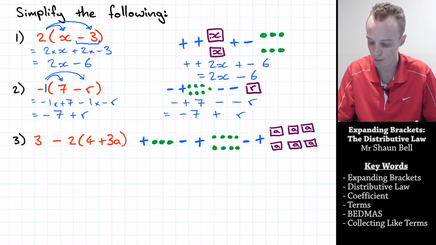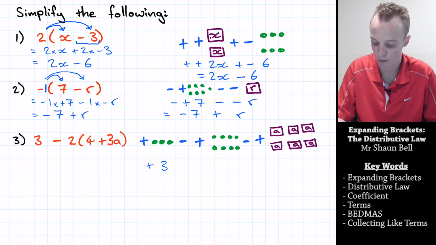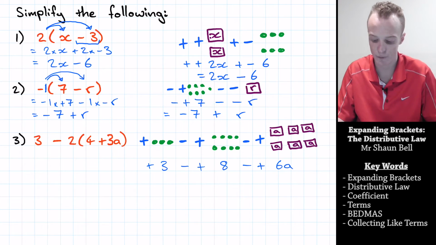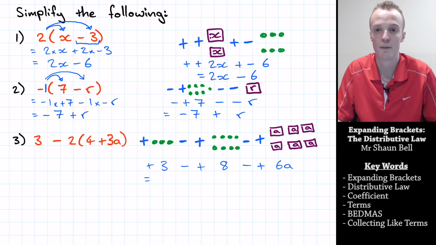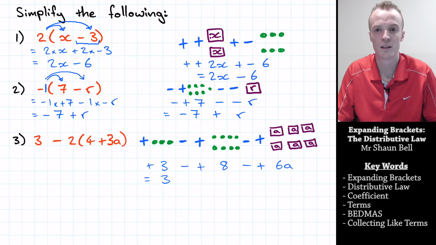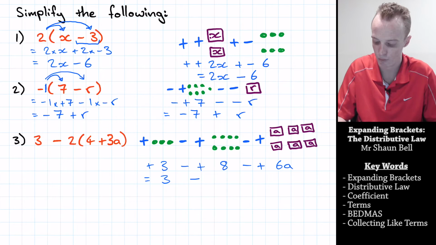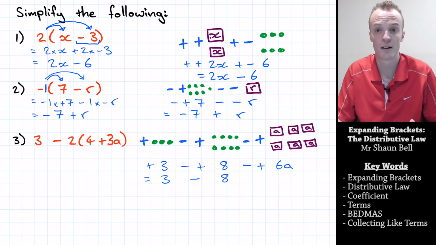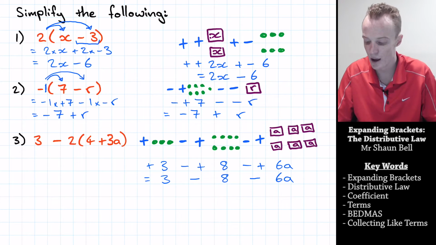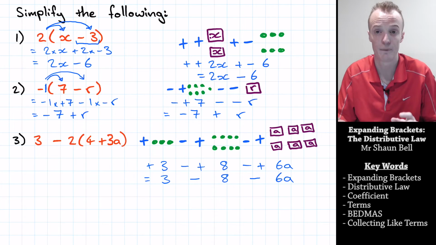So when we go and write this down, what we've actually got here is positive 3, subtract positive 2 lots of 4, which is 8, subtract positive 6 lots of a, which we can write as 6a. Now, when we go to simplify this, of course at the front of the problem, if we've just got positive 3, we can just write 3. Subtracting a positive is the same as subtraction, so that's going to be subtract 8, and subtracting a positive, once again, is the same as subtraction. So it's subtract 6a. So now I've actually removed all the multiplication that I can from the problem.